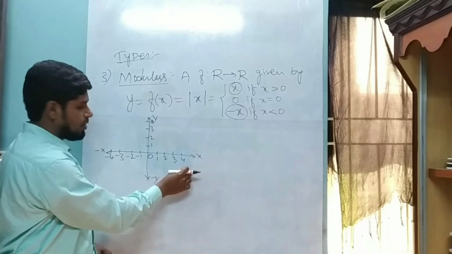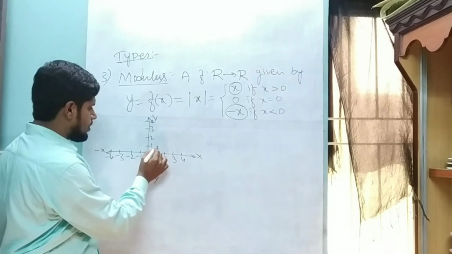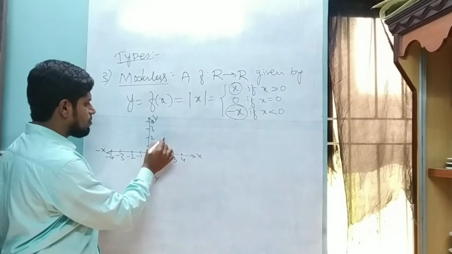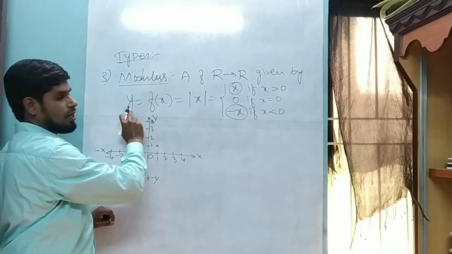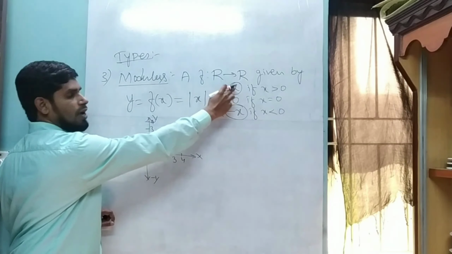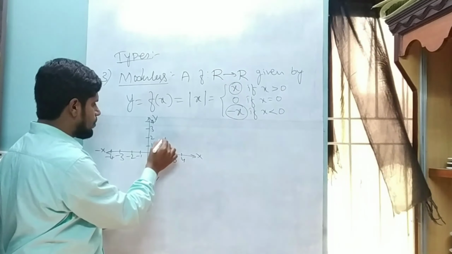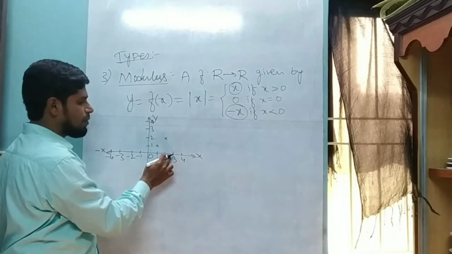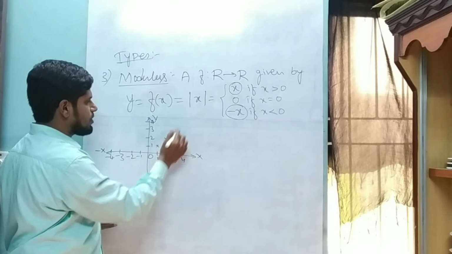First, positive values. If you put x is equal to 1, then it is positive, it is x only. If I put x is equal to 2, obviously it is 2, because for positive values it becomes an identity function. Y is equal to x, we can consider, but actually it is mod x. If I put x is equal to 2, then y is also 2. If I put x is equal to 3, then y is 3. If I put x is equal to 4, y is also 4.